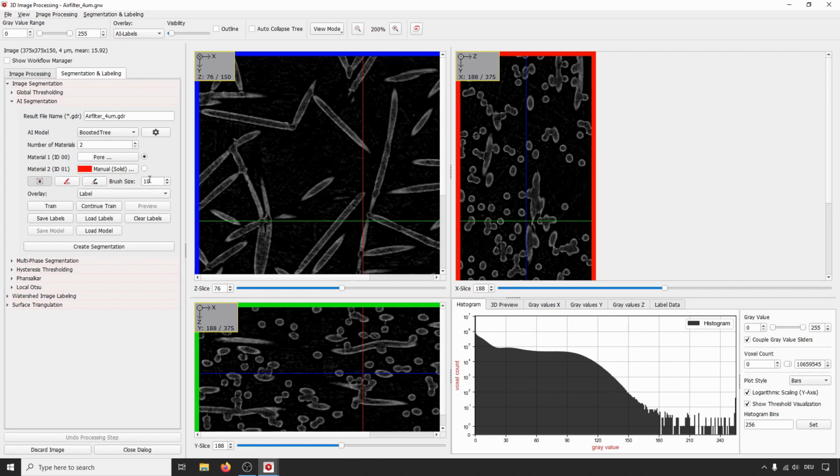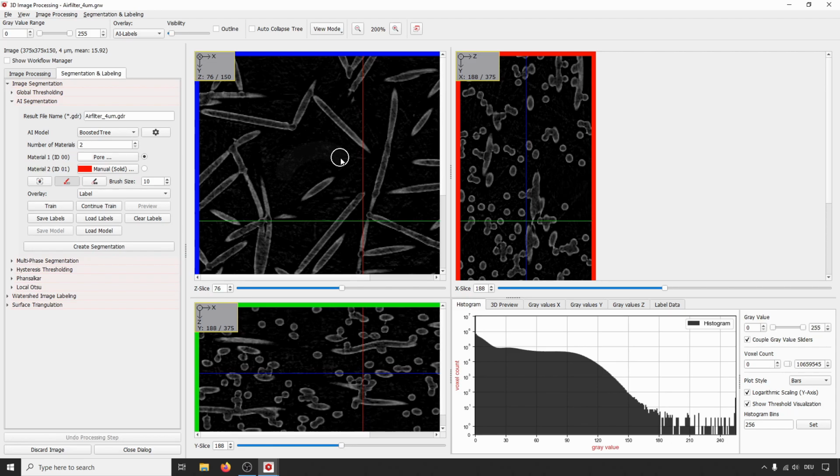And then you have down here the selectors, either the mouse controls, then you can paint or label something, or you can delete labels. So we start with the pore space, and then we switch to the paint mode, and you can see now the white circle here, and now we have basically a paintbrush and can paint in the pore space. So let's label some pore space.